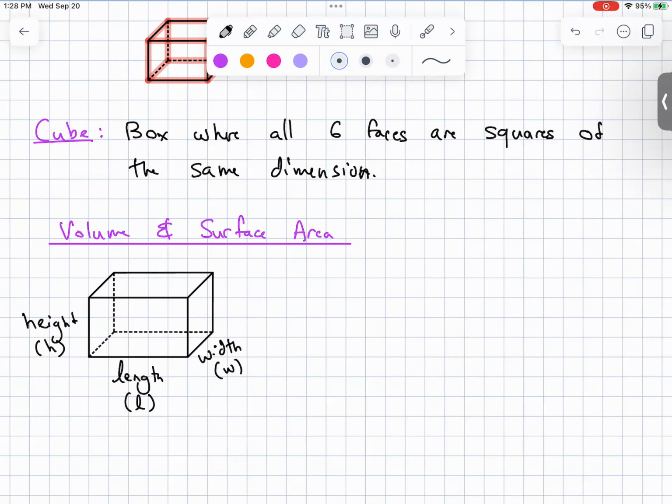So you don't really have area anymore. You have surface area. What will be required to paint all the sides of the shape? That is the surface area. If you were to cut it up into all the different pieces and lay them flat and add up those areas, that would be the surface area. So the volume, very, very nice. It's length times width times height. But surface area,